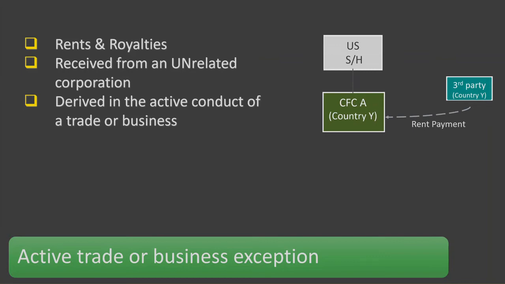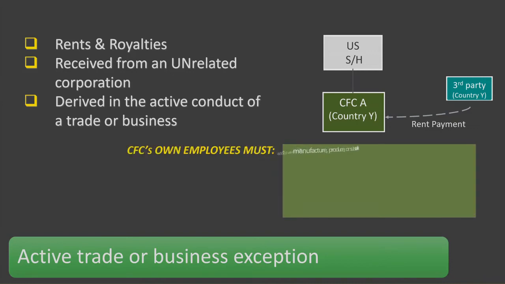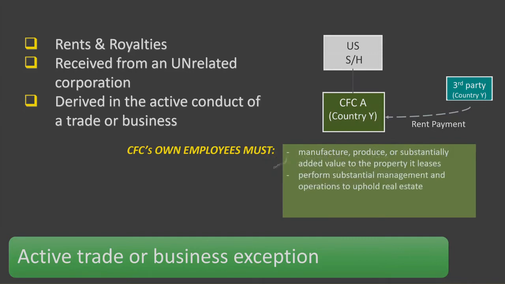The CFC is deemed to actively conduct a leasing business, in this case qualifying for the exception, as long as its own staff and employees either lease the personal property that it regularly manufactures or produces, or, if it acquired the property, has added substantial value to it. In the case of realty, the CFC regularly performs active and substantial management and operational functions during the lease period. If the lease is the result of marketing functions and the marketing organization that performs such functions is organized in the same country and the activities are performed by the staff of the CFC, they meet this exception. Finally, there's a 10% safe harbor for rents derived from leasing an aircraft or vessel in foreign commerce.